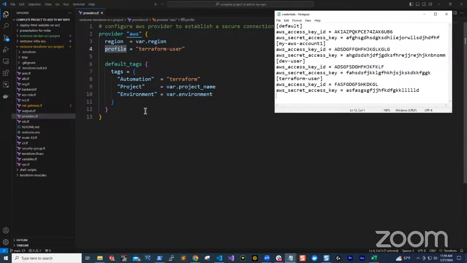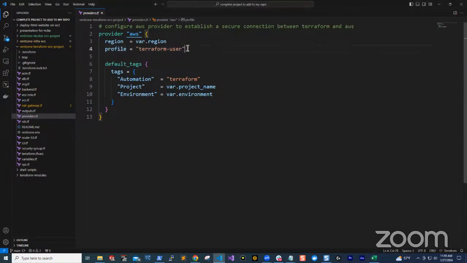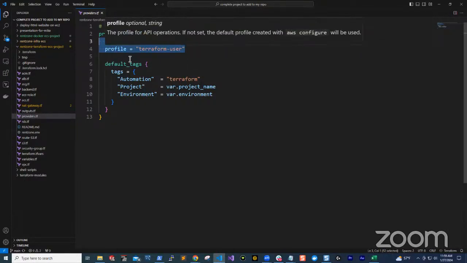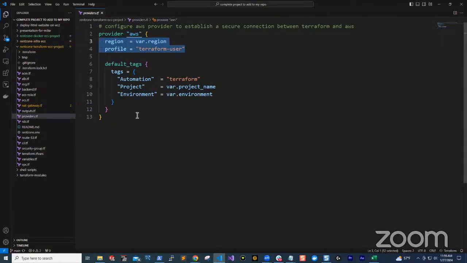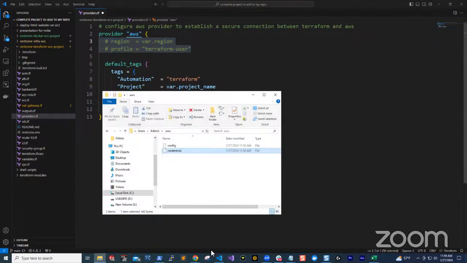Another thing I want to mention to you guys is that any profile you configure on your computer, you can use it. So in our Terraform project, just like I told you, you can delete this profile altogether. Let's say I comment it out. I'm not going to delete it, but commenting is just as good as deleting, right? You can delete it, and when you run terraform apply, it is going to use